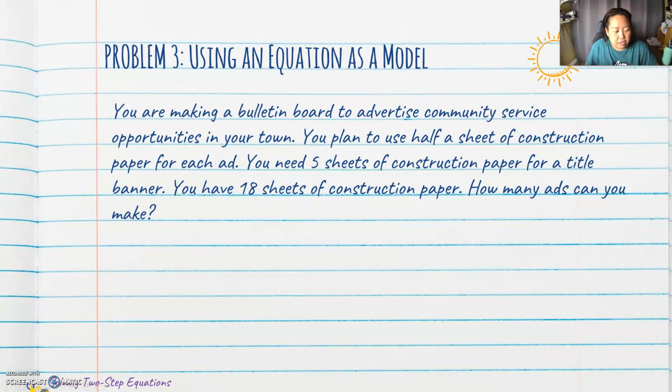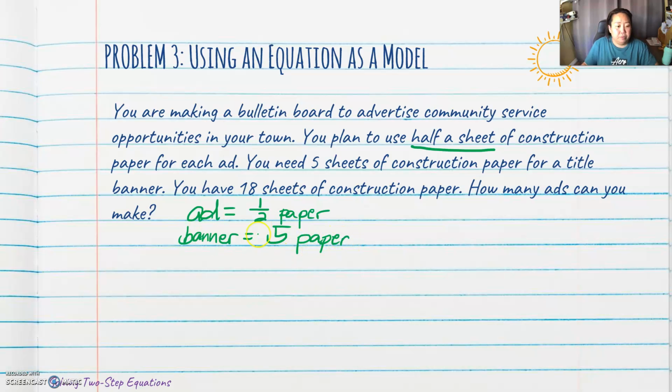So let's take a look at our problem here, okay? Definitely we are looking at the number of ads. Now, according to this, you are using half a sheet of construction paper for the ad, okay? So every ad is just half of the paper. For the title banner, you are using how many sheets of paper? 5